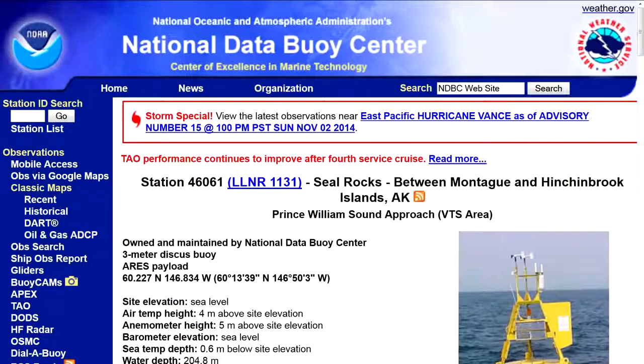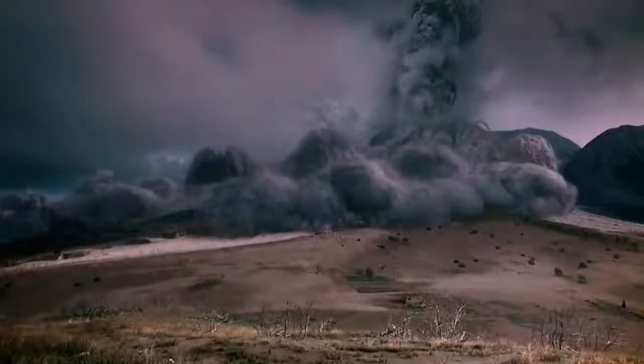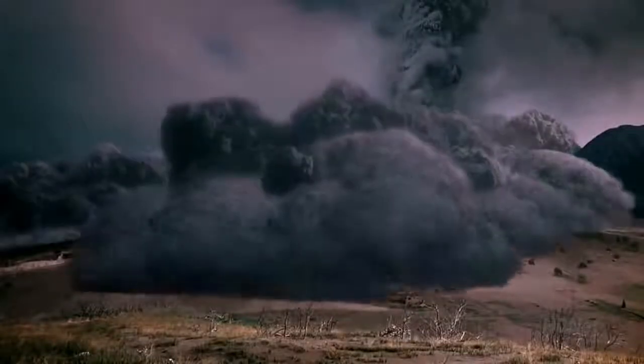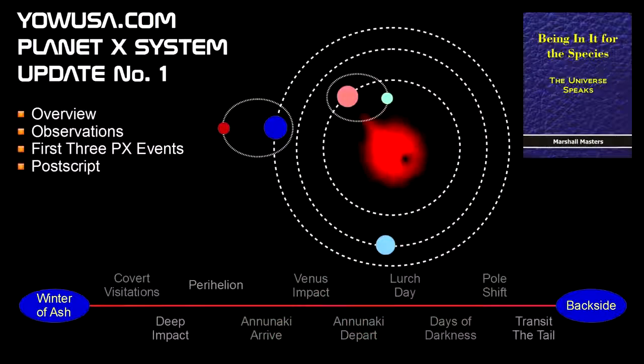Then we will view images from recent observations of 3 planets in the Planet X system captured with National Data Buoy Center buoys located in the Gulf of Alaska and the Gulf of Mexico. The first tribulation and the beginning of the timeline is the Winter of Ash, and it is principally caused by a galactic superwave, as discussed in our previous video, Yowza.com Volcano Update Number 1. So in this program, we will examine the first 3 Planet X